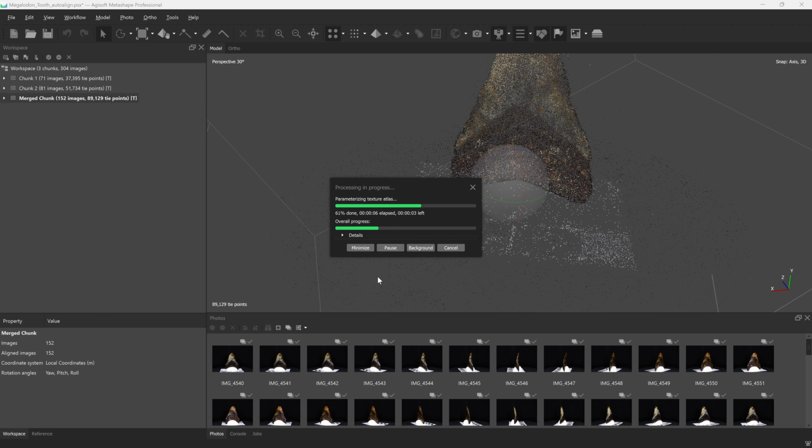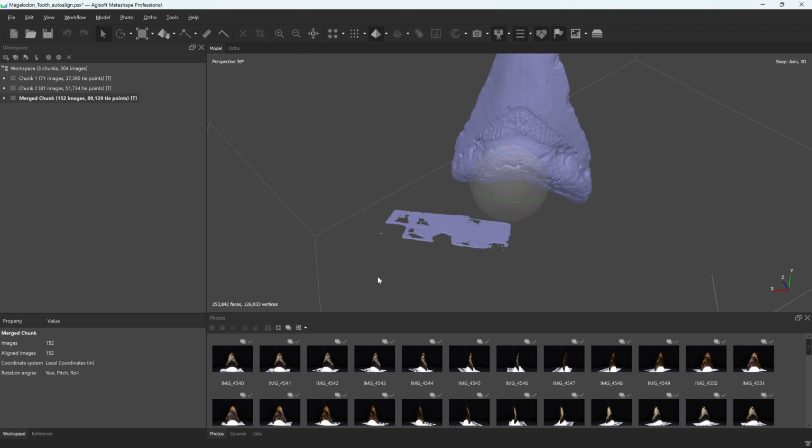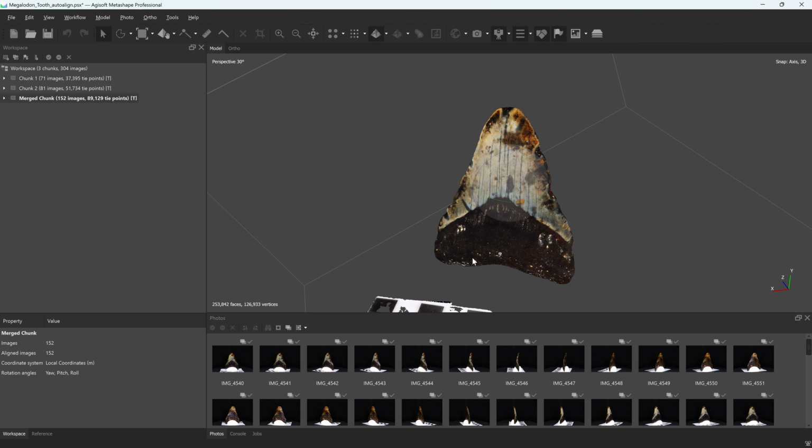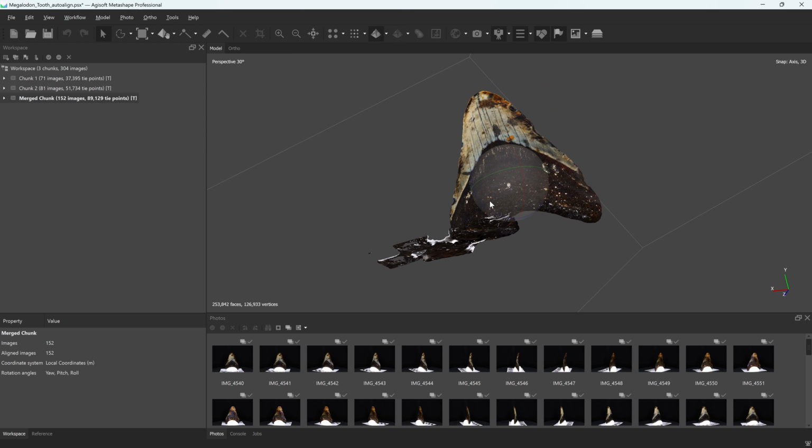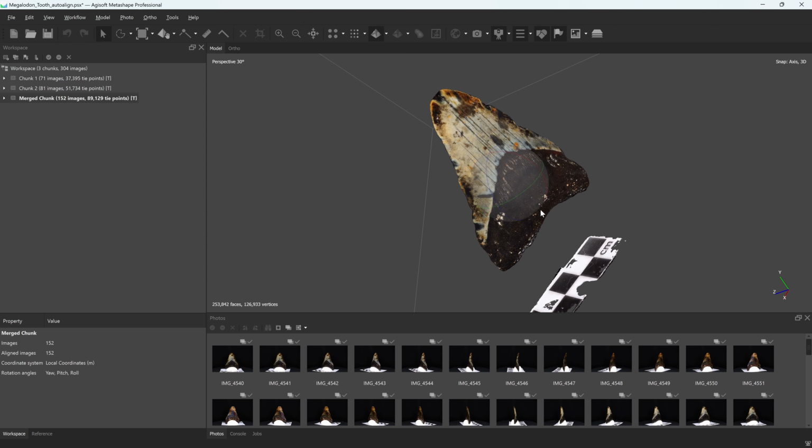This is why creating those masks is so important. If we didn't create the masks, then it would use all of the image data, meaning the top and the bottom that are covered by clay in about half of the images, so each chunk has clay to mount or hold the tooth. That would show up and sort of lighten or mask the color in a way that would look odd. But with the masks there and applied, you can see we still have the full color of the